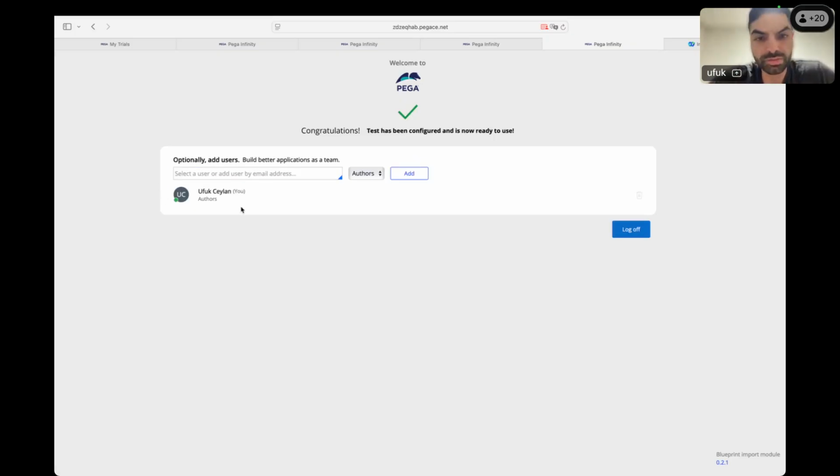You can add users, not needed to do now. You can do it also later. You have here a user. It's your admin, and if you want, you can add multiple users here also. But if you create it, you can also add it afterwards. So that's not so important. And now when you log off,